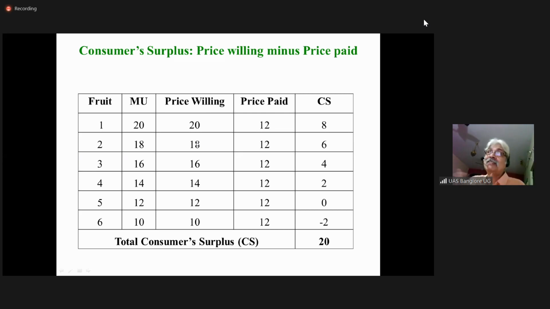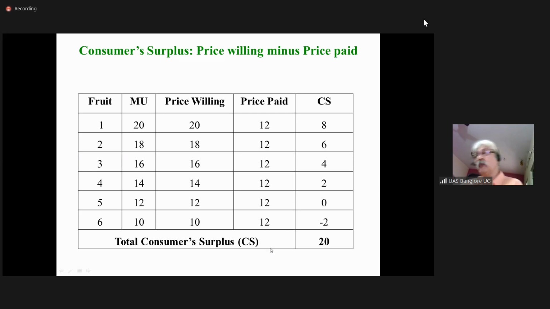So if you have that craving, the first fruit, you get maximum satisfaction. As you consume more and more, the additional satisfaction goes on decreasing. So your willingness to pay also goes on decreasing. But the price you have to pay to get each fruit remains the same, 12, 12,